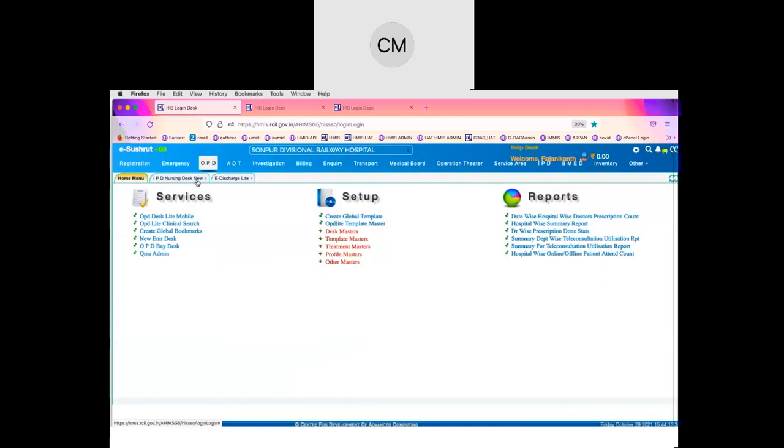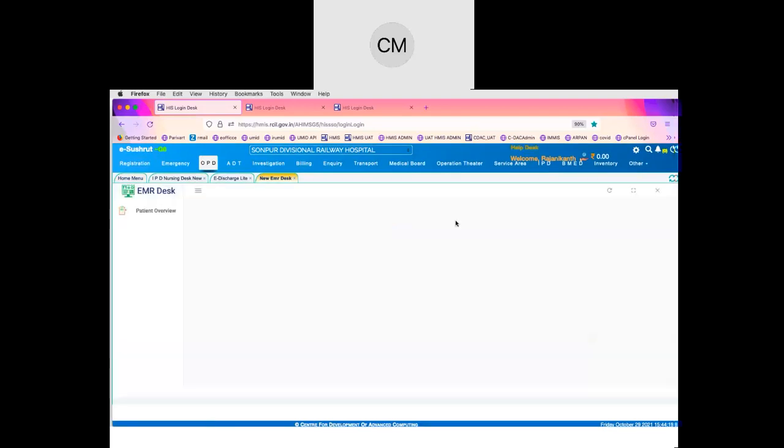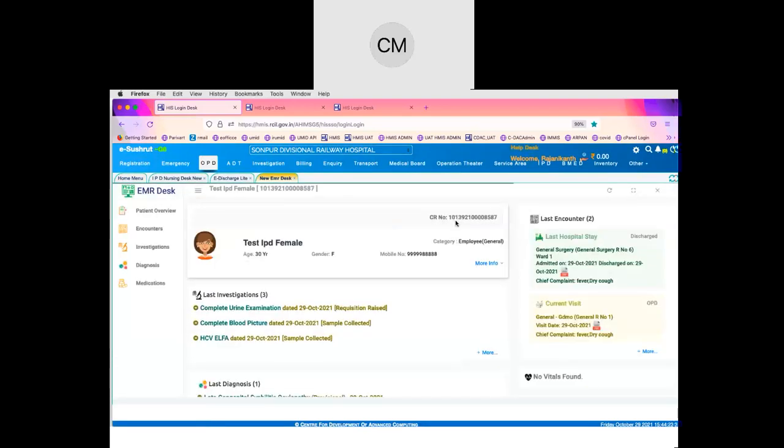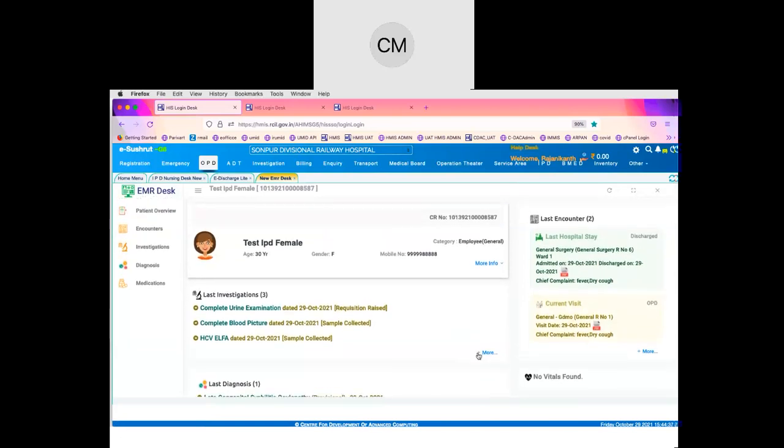So that completes the whole process of the admission advice coming from the doctor, then the admission accepted by the nurse in the nursing desk in the single window, and then the bed allocation done by the nurse in the nursing desk of the ward. And after that, we have seen all the different roles handled by the doctor and nurse. And finally, the discharge summaries can be done.